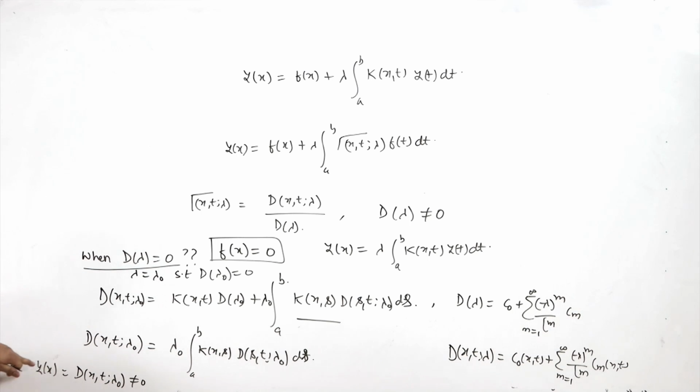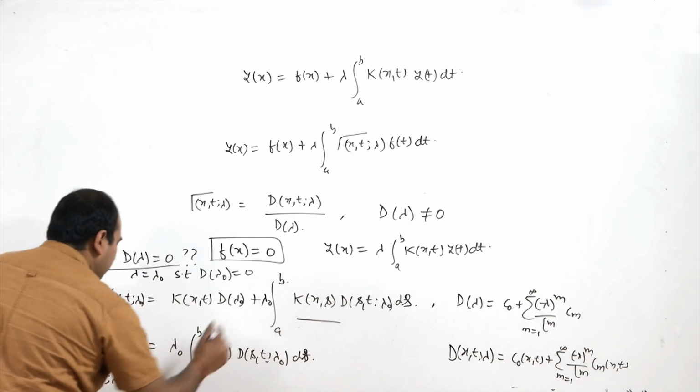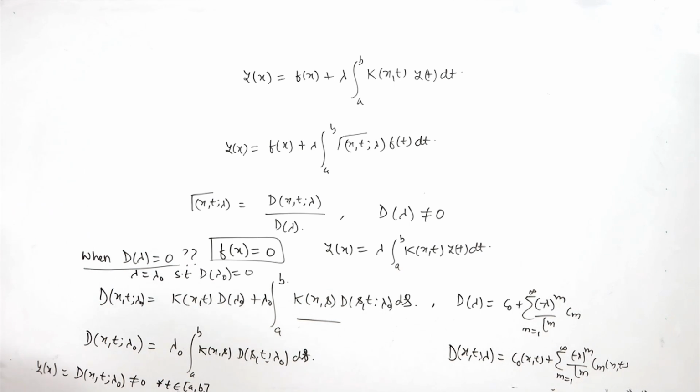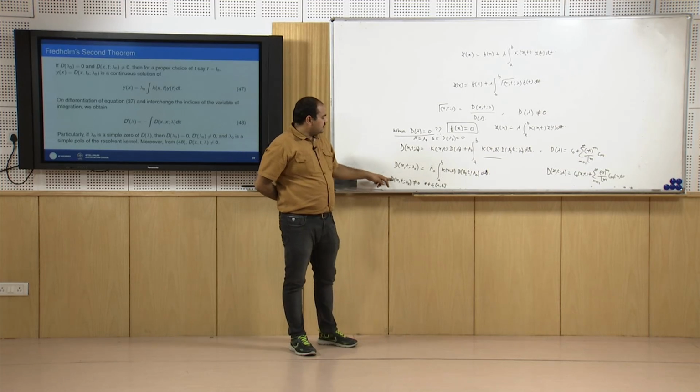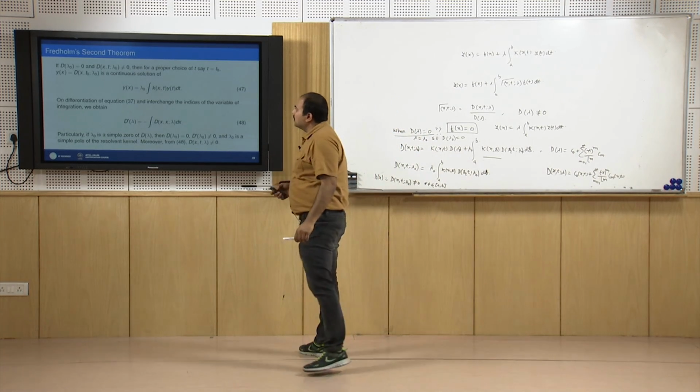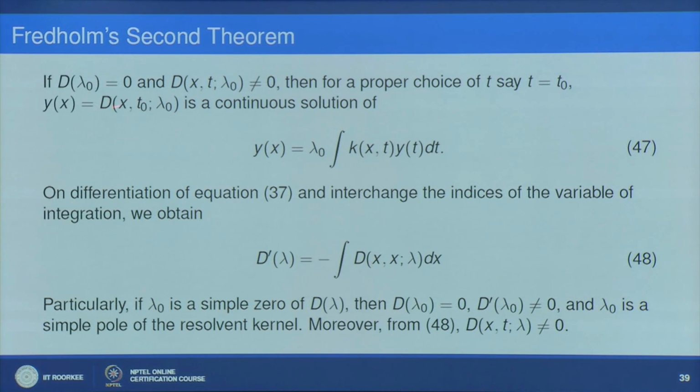So it means that this y of x equal to D of x, t, lambda naught is a solution of this equation for all t in this interval a to b. Is that okay? So the only thing we are worried about is whether this expression is 0 or not. So this discussion we can write in this particular part: if D lambda naught is equal to 0, so here we are assuming that lambda naught is a root of this Fredholm determinant, that is D lambda naught equal to 0, and we are also assuming that D x, t, lambda naught is not identically equal to 0,